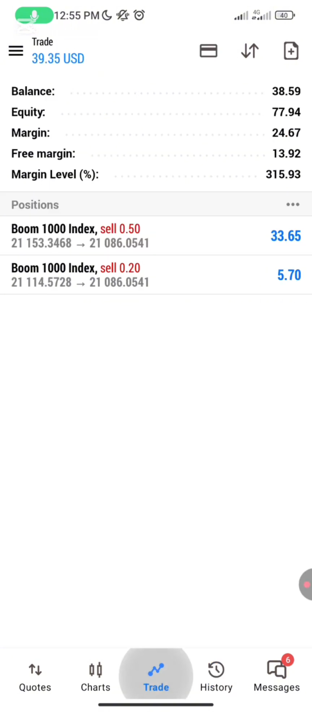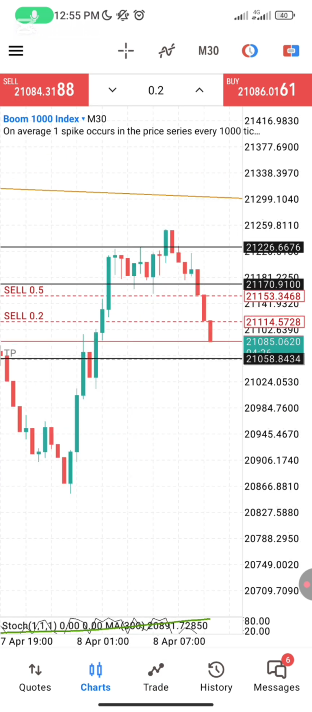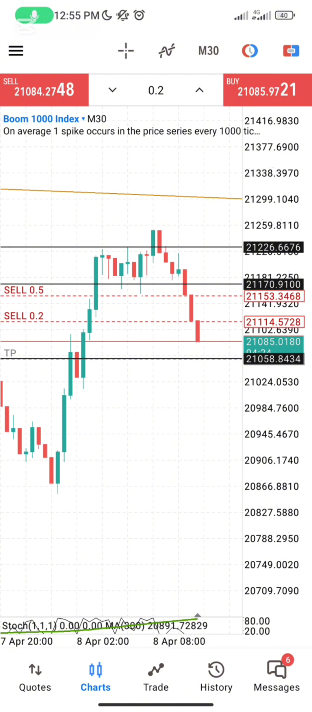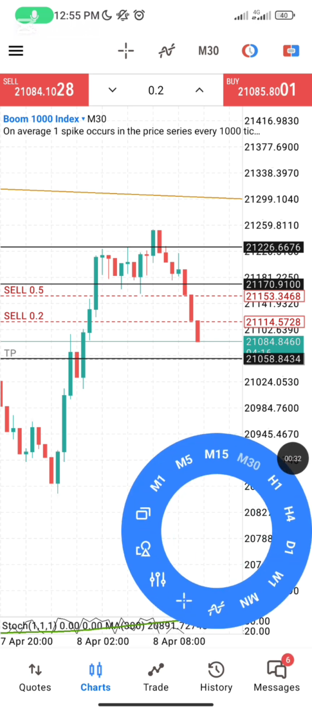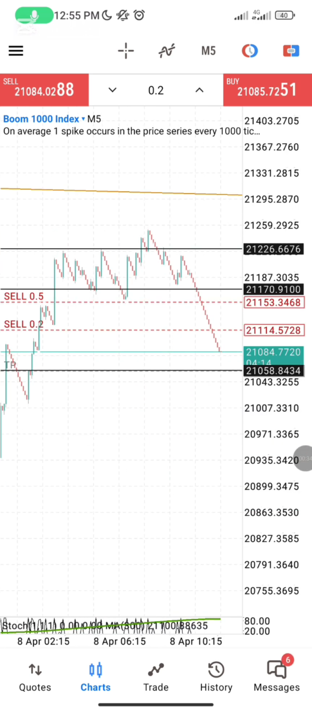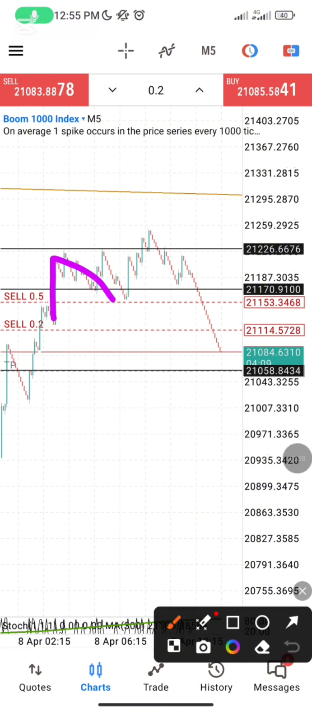So today, I got entry on the Boom 1000. If you watch our previous video, you see that we had this formation before, this formation on the 5 minutes time frame. Let me show you guys on the M5 so that you see the entry we took earlier today. So in this chart, you see that we had this formation earlier today on the M5 and we took this